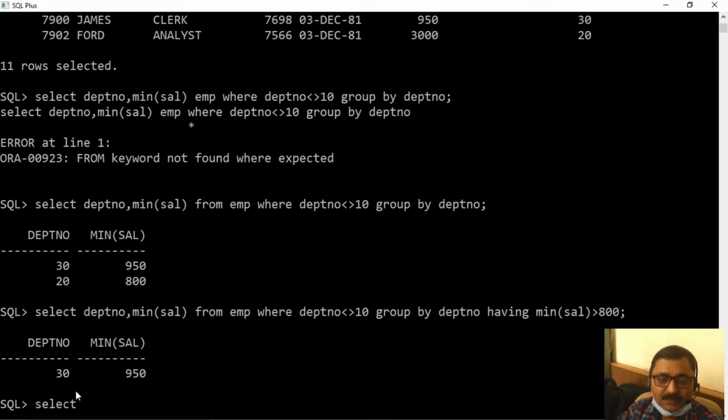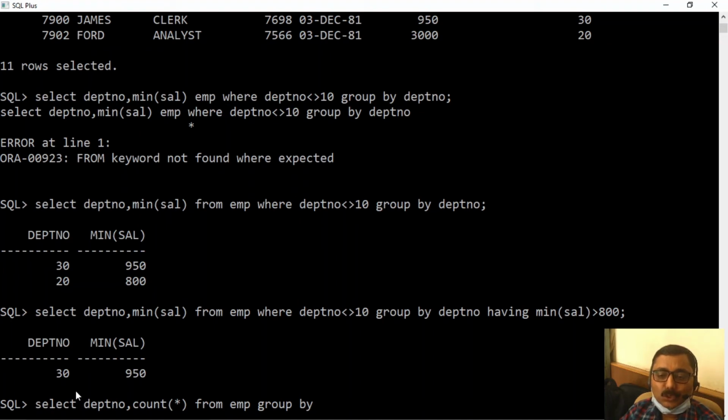We'll write select. We need department number, comma, count star from EMP where, not where, I will simply write group by, because we are not going to filter anything before.